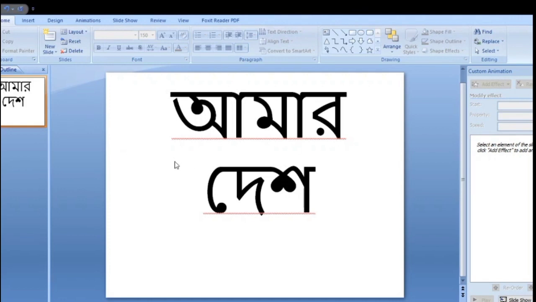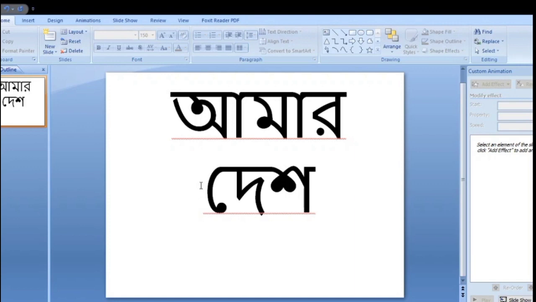The dialog box appears and now I write, suppose the name is My Country. Click the OK button on the dialog box.